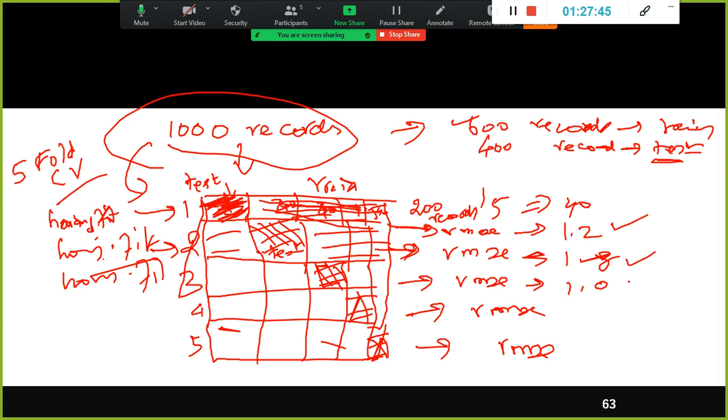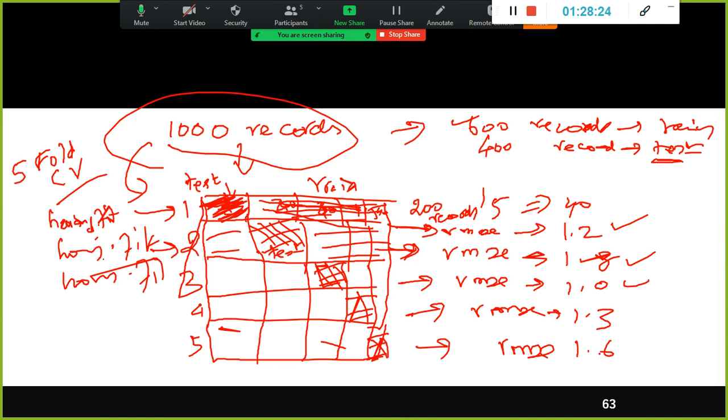Right? So this is for 1.2, 1.1, 1.0. For this, the RMSE is less than 1.3, and for this, the RMSE is 1.6. For different folds, for the different training and test data set, when I apply the same model, what do you mean by same model? The independent variables are the same, right? For all the models, the dependent variable is the same, but only the train and test data sets are different. So if you look at this one, the RMSEs are different. Obviously there will be a difference.